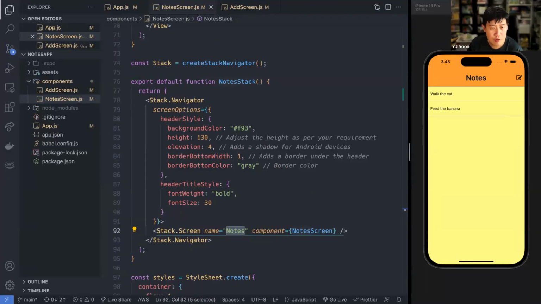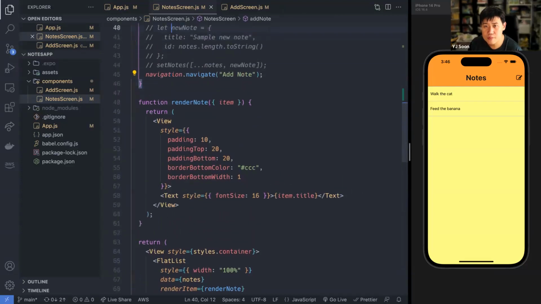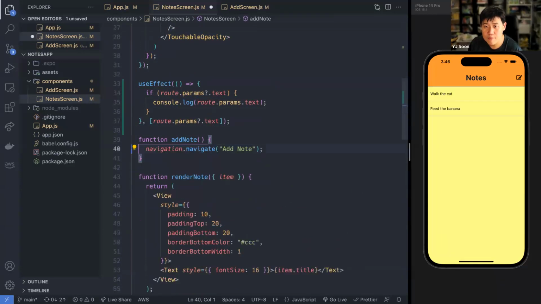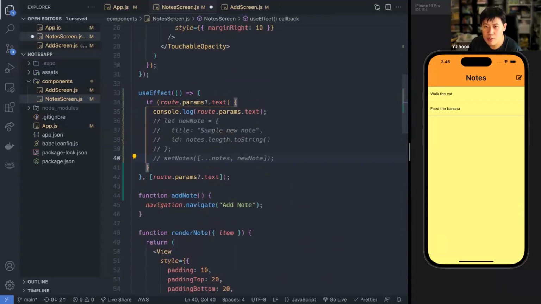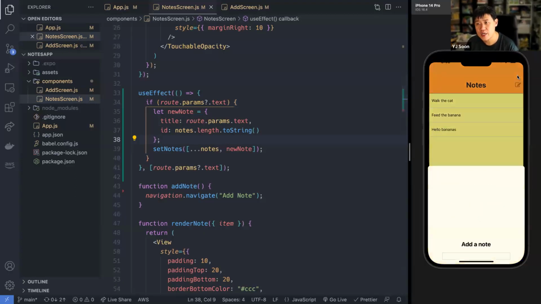Okay, so how shall we finish this app? Essentially, back on node screen, what we need to do is when we receive this change, we need to go and add this code in, right? So we need to create this new node. Okay, so down here, let's uncheck this. The title is now just route.params.text. Okay, that's the new node. All right, so there you go. We refreshed, okay, and because it currently had this route.params cached, it just added it in for us. Let's try another one.